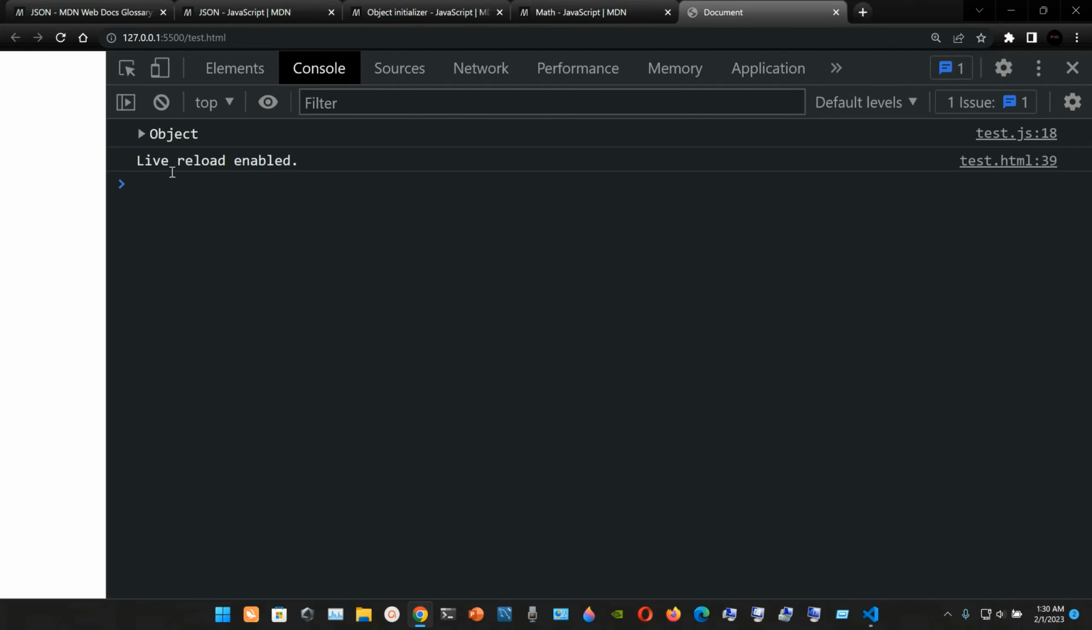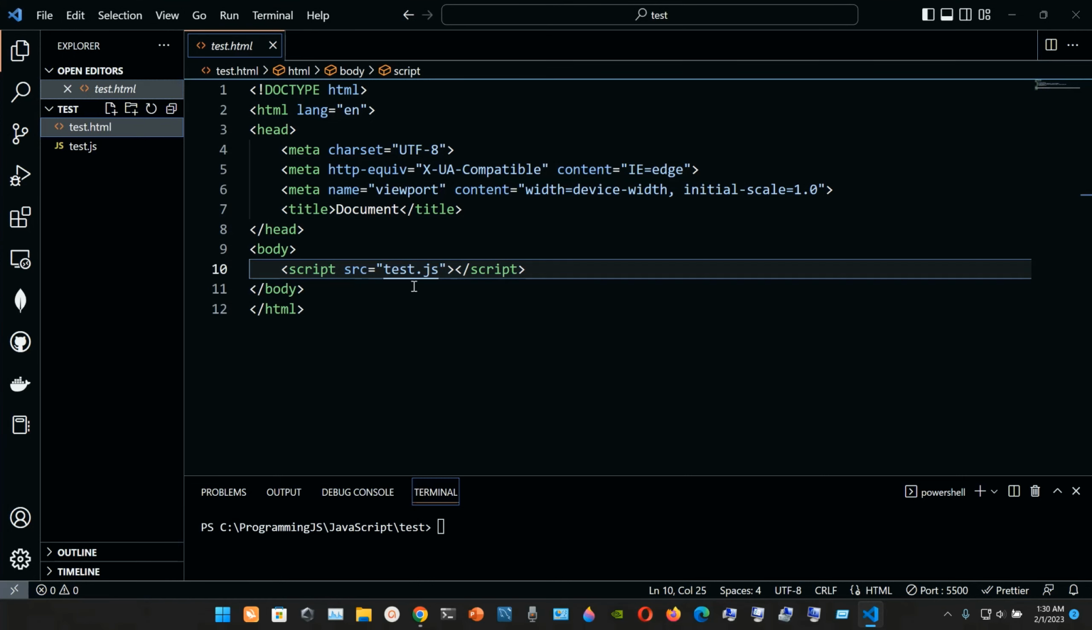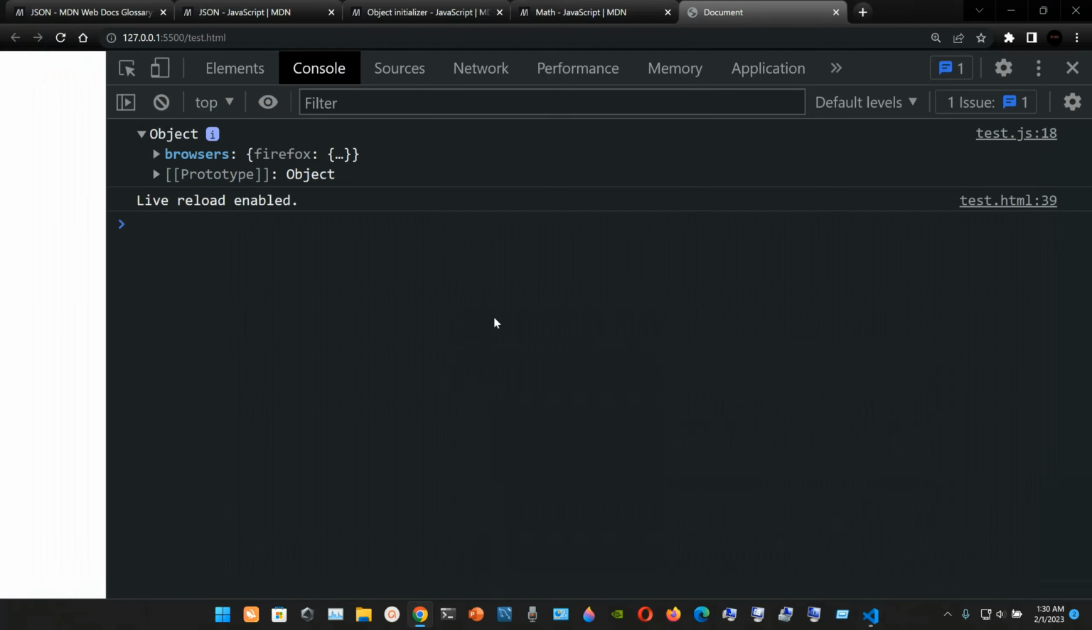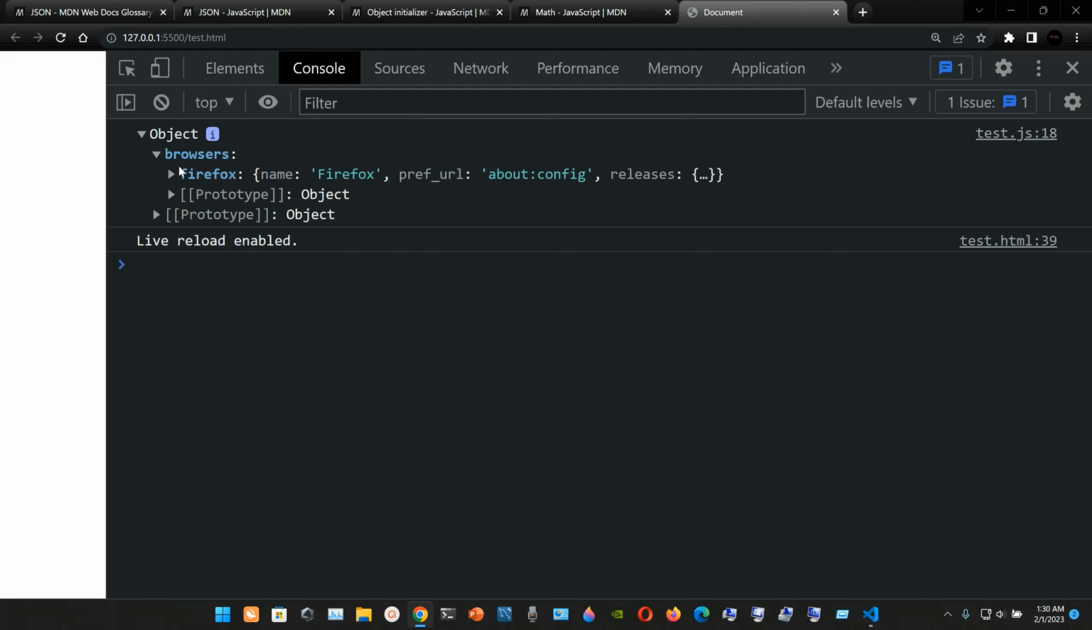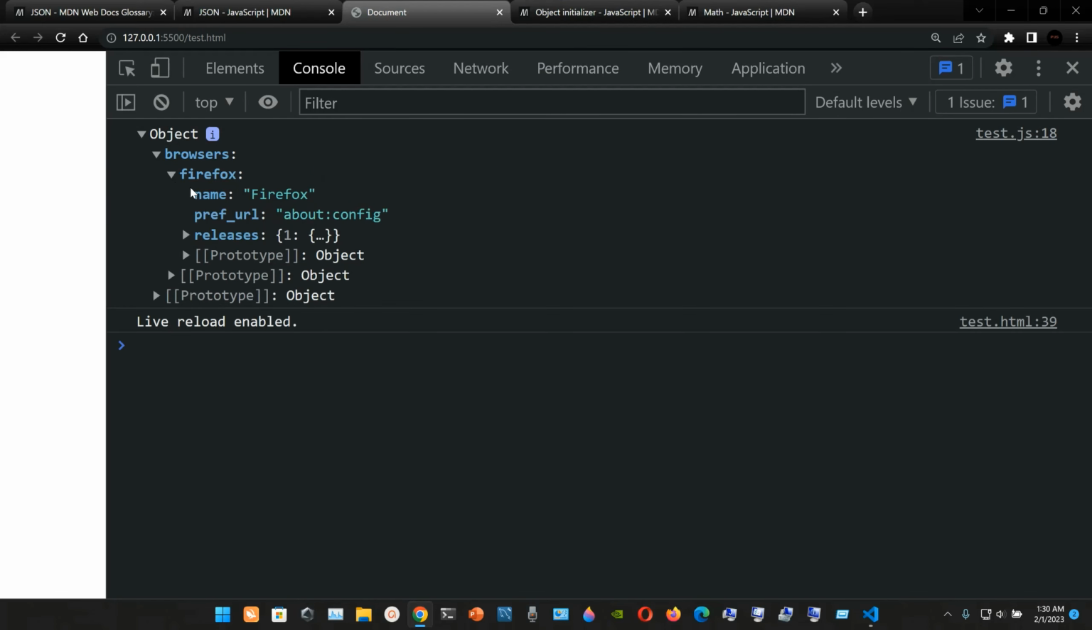We go here and press Ctrl+Shift+I, and there you have it. We have this object here. We have browser, and inside of the browser is Firefox. And here is this example. Inside of Firefox we have name,